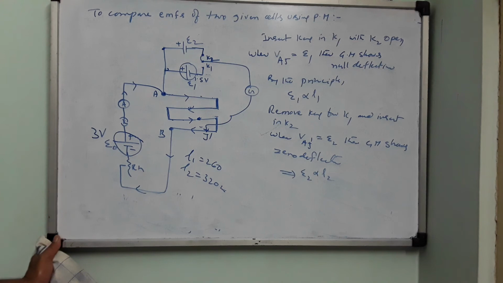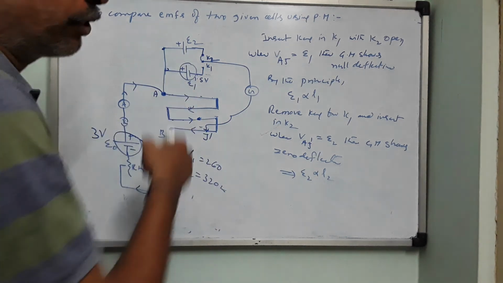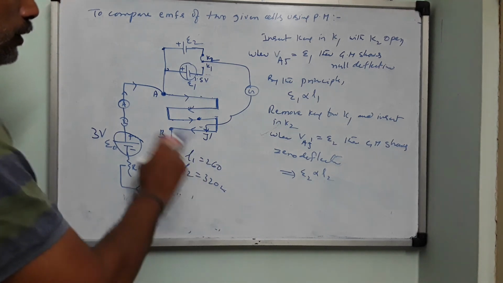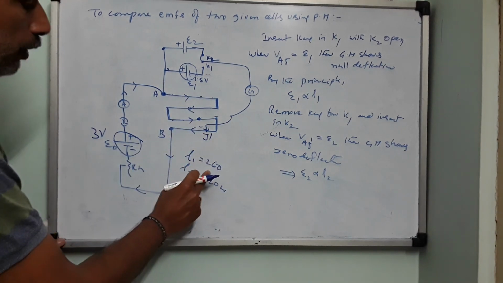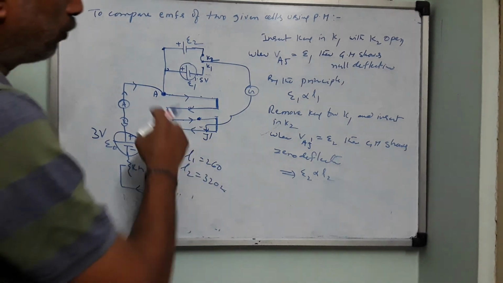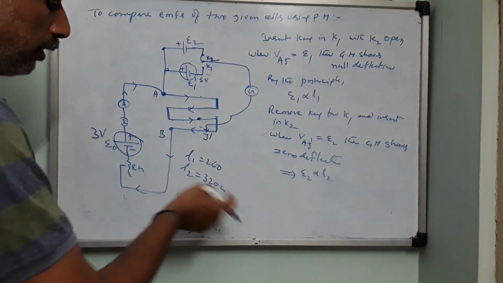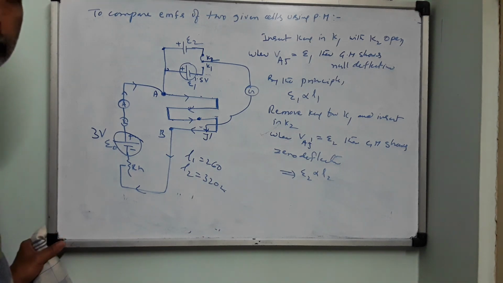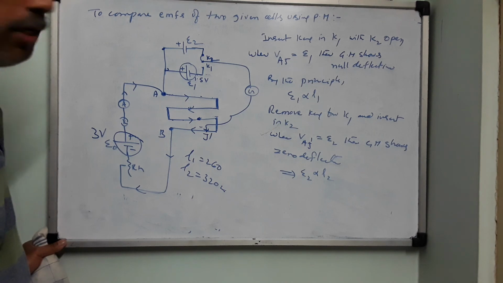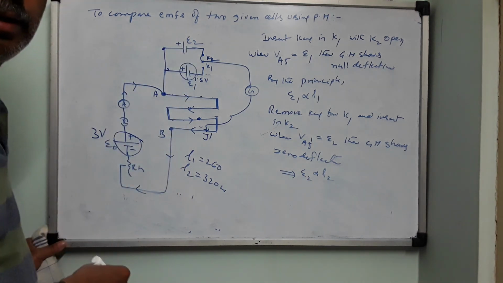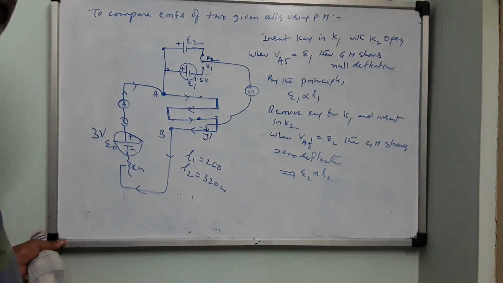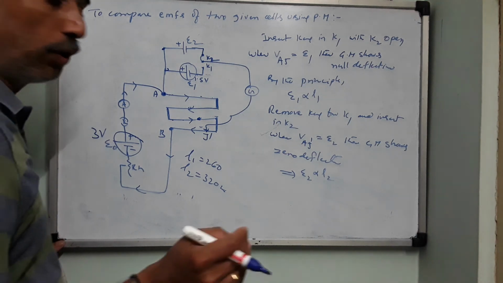Is this clear? Fine. If both cells are identical, then you definitely get the second balancing length exactly 260. Means here itself you will get the balancing length. Now if they are different, then the balancing lengths will be different. Generally, we use a Leclanche cell or Daniell cell in this experiment. Obviously, you don't get only 1.5, you can have any value: 1.5, 1.6, 1.7, 2 volt like this.